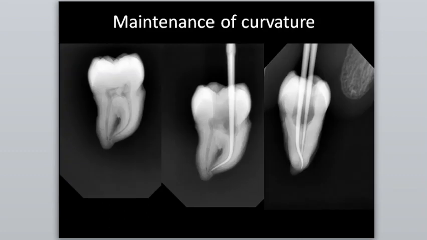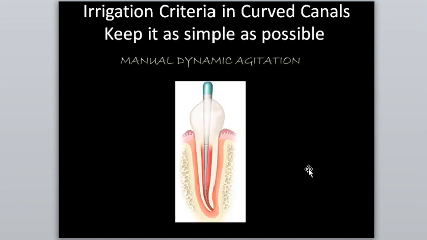So yeah, this is what we got at the end of the shaping procedure. You can see the maintenance of the curvature over here, double S shape. Now what is the irrigation criteria in curved canals? Keep it as simple as possible. You can use sonic, ultrasonic, whatever is of your choice, but in curved canals prefer using manual dynamic agitation